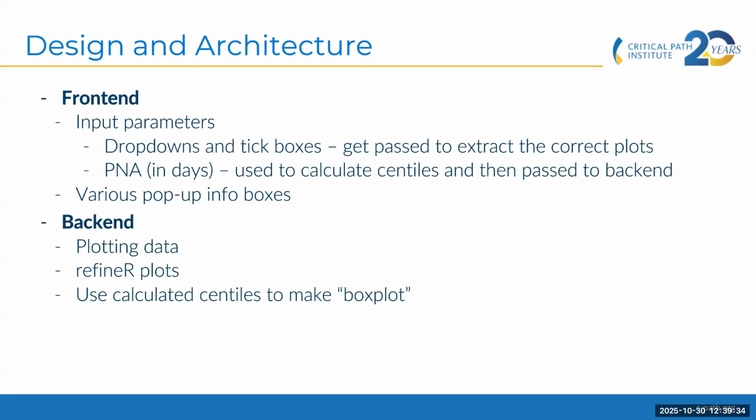In the back end, what's happening is we are extracting the data, extracting the plots, making slight modifications to them before presenting them, as well as on the second tab, the refined plots. And finally, what's happening on the back end is the actual calculation and the generation of the quote unquote box plot, which is not a real box plot, but